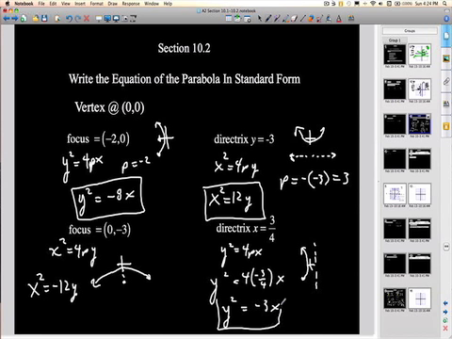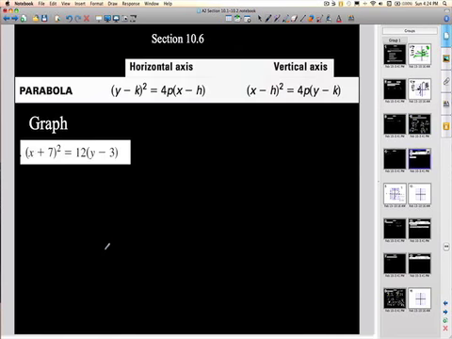Okay, so that's how we write the equations of the parabolas. You just have to use the information that you use to graph, but use it in reverse to identify what p is, plug p into the equation, and then you're able to write the equation. Okay, that's all relatively simple. Now from 10.6 we deal with parabolas that are not centered at 0, 0. So you'll notice that, as I've been telling you in other forms, k is with y,